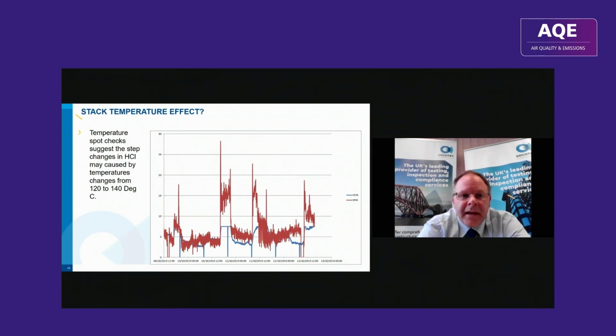Another example there, we only carried out spot checks for temperature on this one, but this is a comparison between a CEM system and a standard reference method, a test house system coming in. So two separate independent systems looking at HCl. One a little noisier than the other, but generally they are agreeing to begin with. You can see that the CEM system has only got a maximum range of about 8 milligrams on here, so it's capping when the HCl goes above that, whereas the test house data is seeing much higher results at that